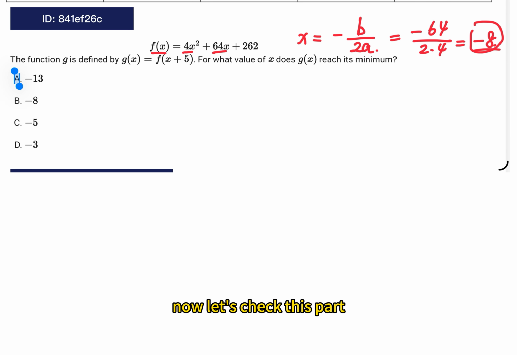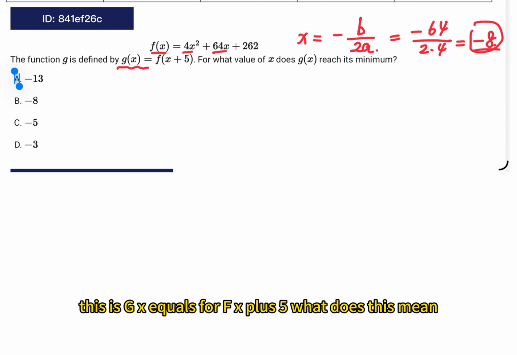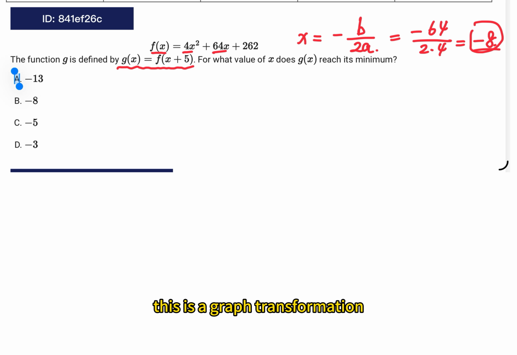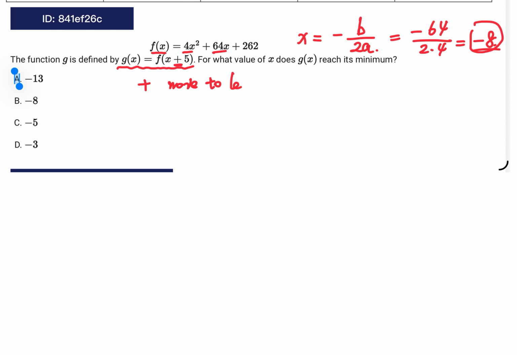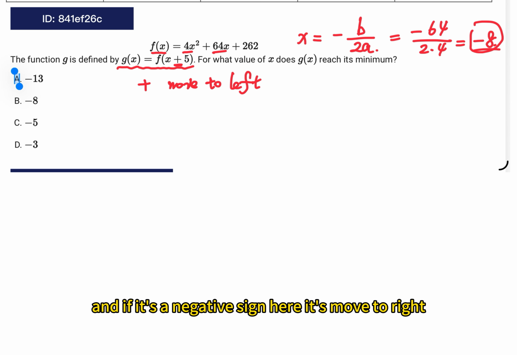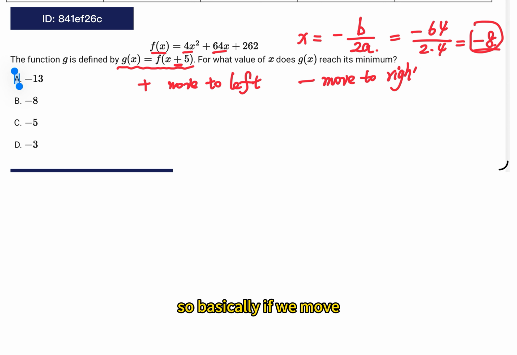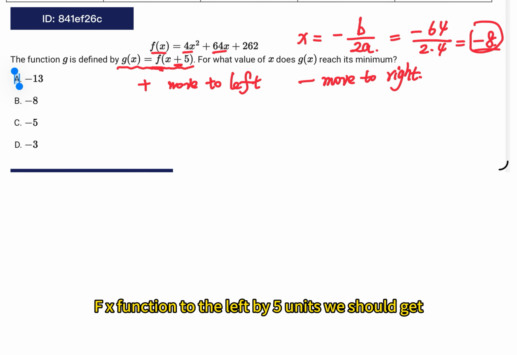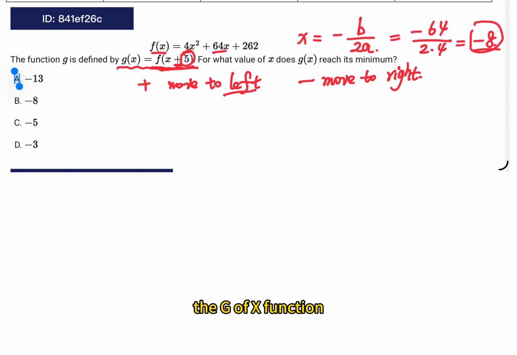Now let's check this part. This is g(x) equals f(x) plus 5. What does this mean? This is a graph transformation. Because it's a plus sign here, plus means we move to the left, okay? And if it's a negative sign here, it's move to the right. So basically, if we move the f(x) function to the left by 5 units, we should get the g(x)